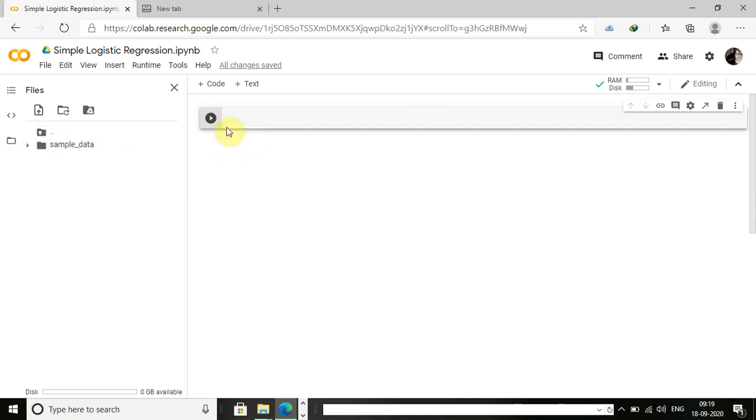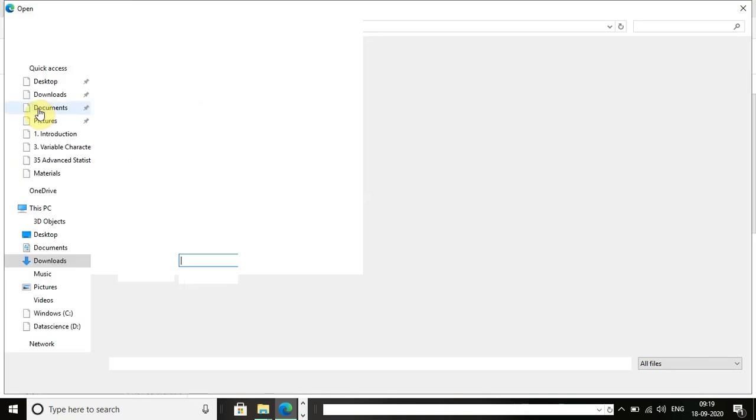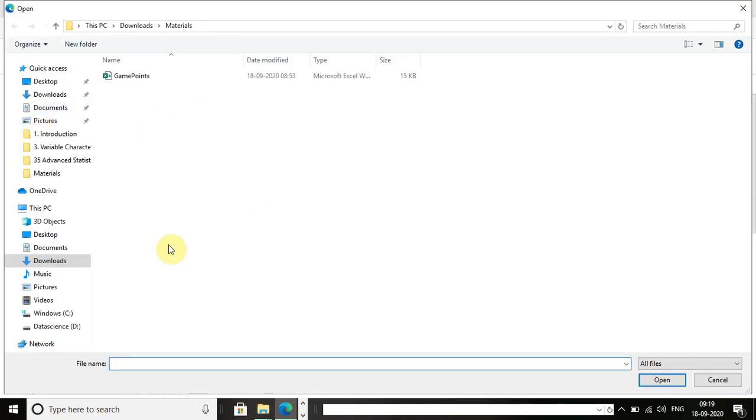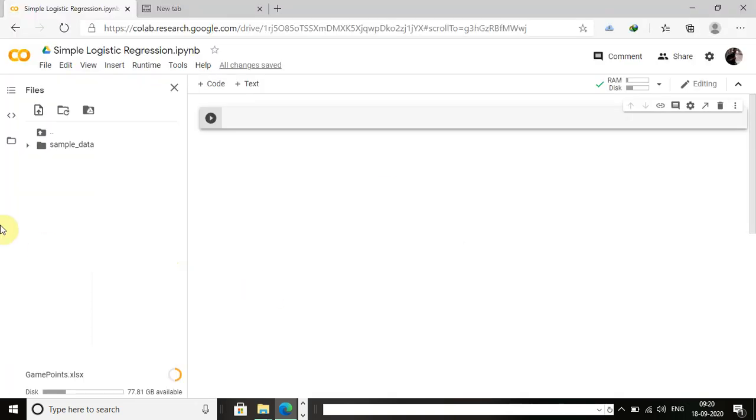In the left panel, you have to click an icon like a folder. In there, there will be an option called upload. You have to click the button. It will navigate to the local folders, and go to the folder where you have stored the data. Now I'm going to upload my game points data to the Google Colab workspace.